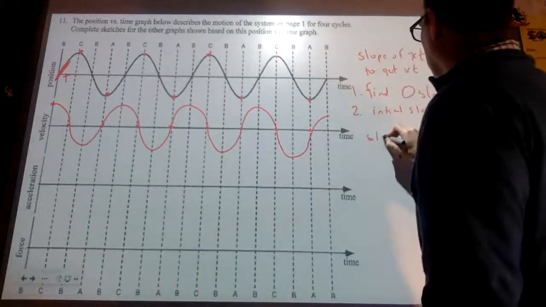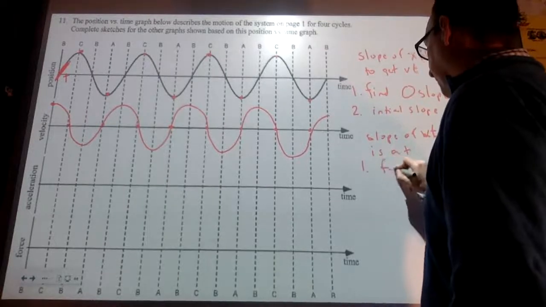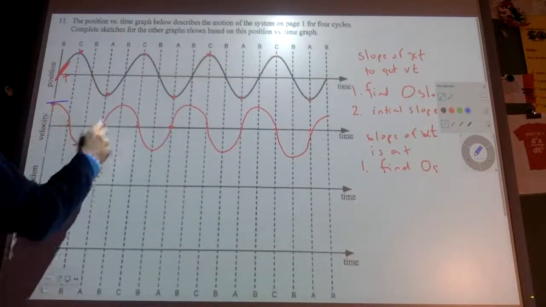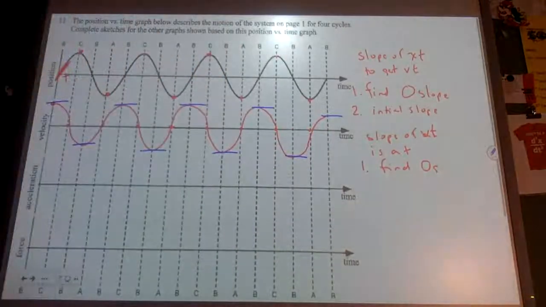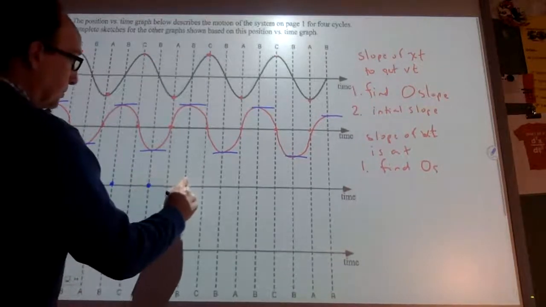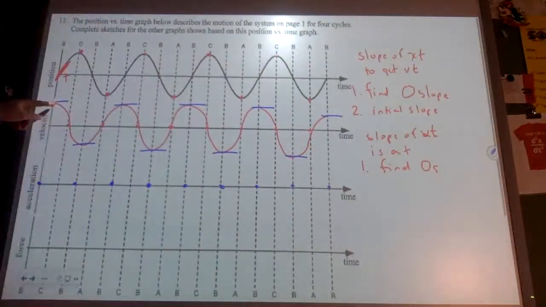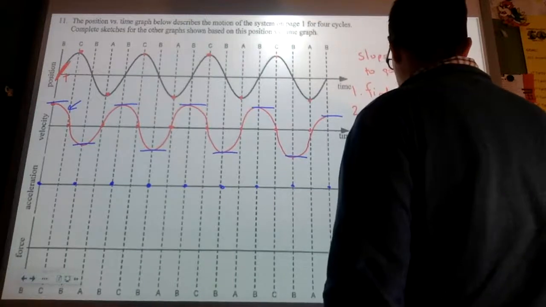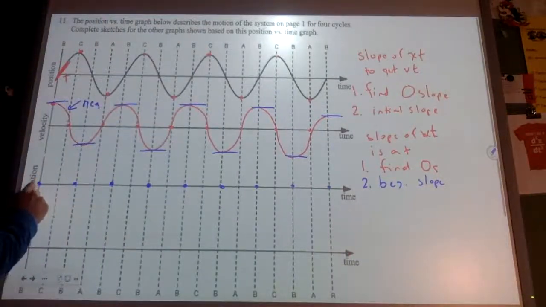Acceleration. Slope of velocity-time is acceleration-time. Find your zeros. So these are all happening at B's, it looks like. So that's going to be 0, 0, 0, 0, 0, 0, 0, 0. And then I'm going to look at my trend. So these are starting off, my beginning slope is 0, and then it becomes negative. So that's going to be